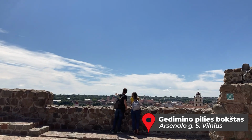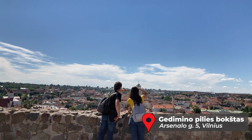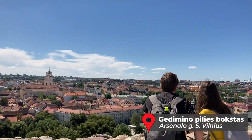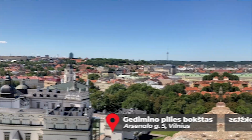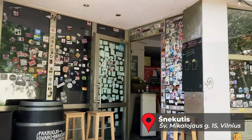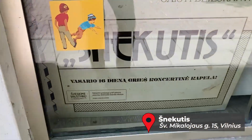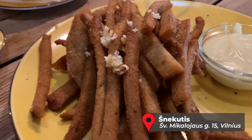You can see the layout and orientation of everything, including the river, the business district, the old town, and surrounding areas. It's also not too energy intensive to get up there, so it feels rewarding even if it's quite accessible. By this point, it's getting close to dinner time, and so we wander into the old town for food. The first meal for me would be at Šnekutis. The prices are good, the service is typically pretty fast, and there's a wide variety of traditional Lithuanian dishes to